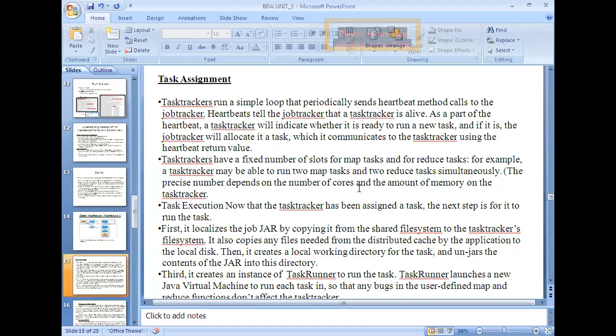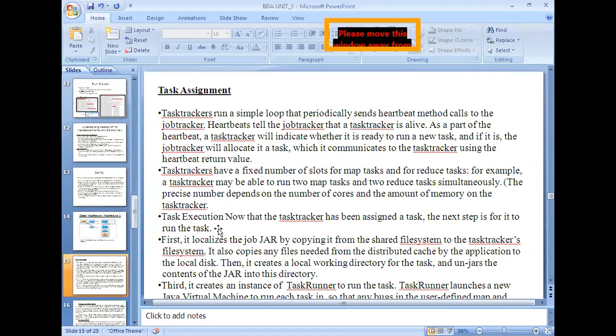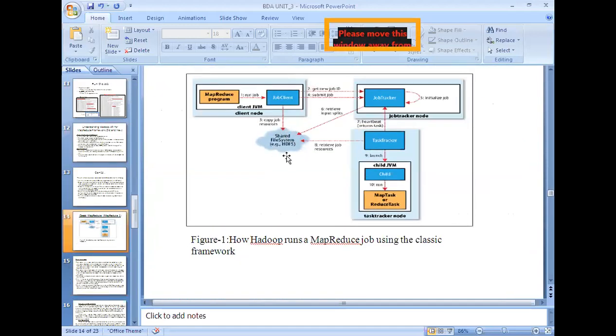For that, we have a separate formula to calculate all these things, which we will discuss in the next class. Now, task execution: the task tracker has been assigned a task, and the next step is for it to run the task. To run the task, it needs to perform 3 different things. First, it localizes the jar file by copying it from the shared file system, where the jar files are available, and retrieves the job-relevant information into its local area.